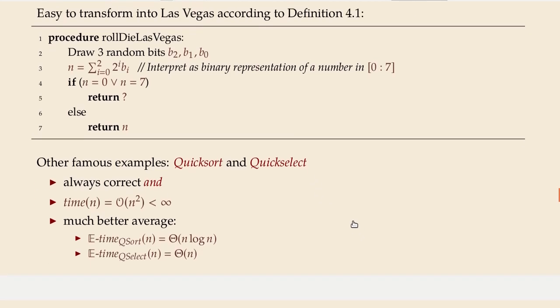Now there's quite a few other famous algorithms that can be called Las Vegas algorithms, namely randomized quicksort and quickselect. So at this point in time, I should maybe comment on the difference between randomized quicksort and the average case of the deterministic quicksort method. These are often mixed up because the result is the same. So you know that,